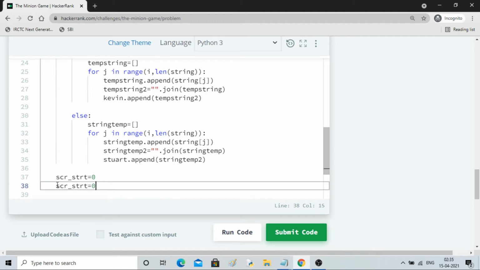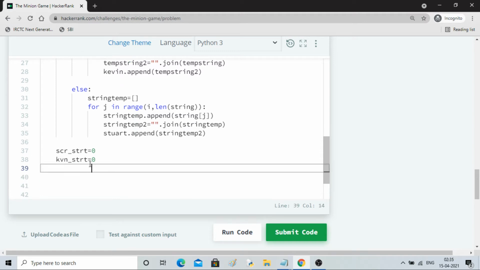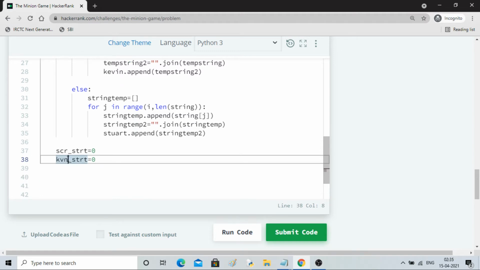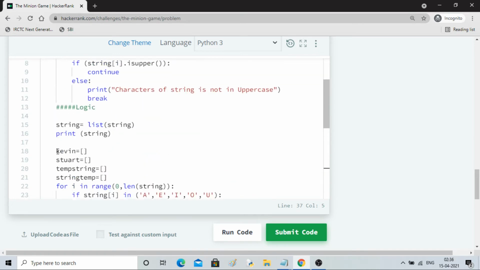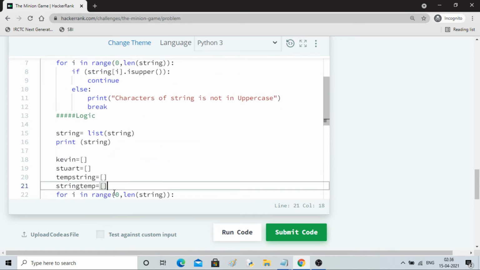I'll define Kevin score, score Kevin, SCR. Okay, let's cut these, and just for initialization, everything I am doing above, right? So I'll initialize here only.